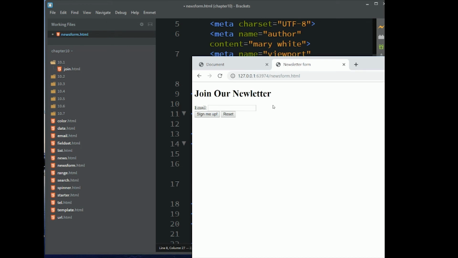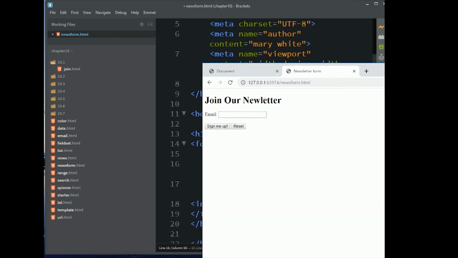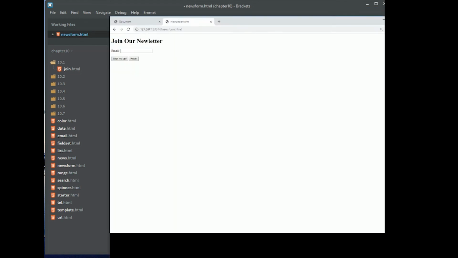Now, how would I get extra space between these? I did one line break. How would I get more space between these two? I could do another BR without doing any kind of styling. So just using the structure, I could have two BRs, and that would give me more space between the two